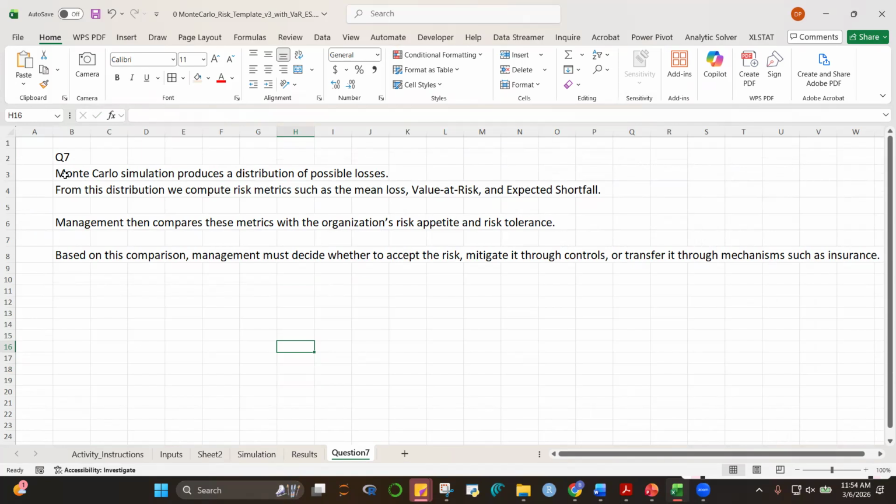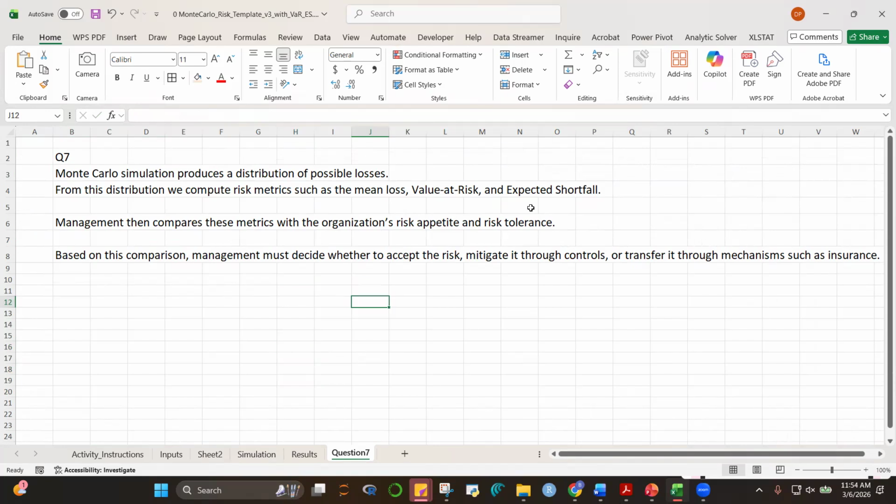As we know, Monte Carlo simulation produces a distribution of possible losses. From this distribution, we were able to compute the average loss, the value at risk, and the expected shortfall. Now, of course, this is not taken in isolation.